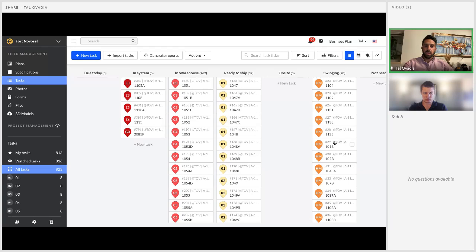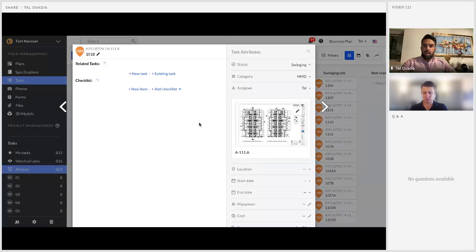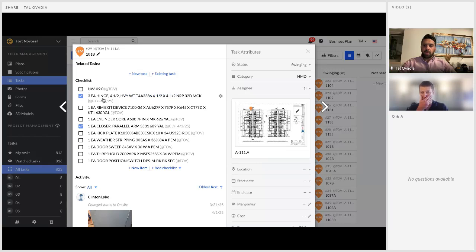This door is swinging. So this is hardware set 9. But because it appears as a checklist, I can see what items have been installed. So this door is swinging, but the rest of the hardware is not on it. It's just got hinges and a closer. And then I can also see who did that work. Everything is timestamped with a user ID, so I know who installed the closer and the hinges on this door and who changed its status. And I know the last time this particular door was touched by my company.